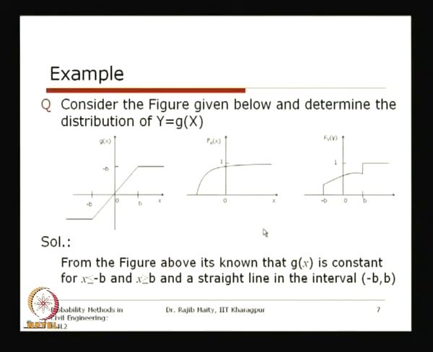Now we will show something that is not specific to any particular civil engineering problem, but is very important for understanding the concept that we discussed so far. This is taken from the Papoulis and Pillai book. What is shown here is a relationship between x and y, where g(x) equals y. This is the functional form.